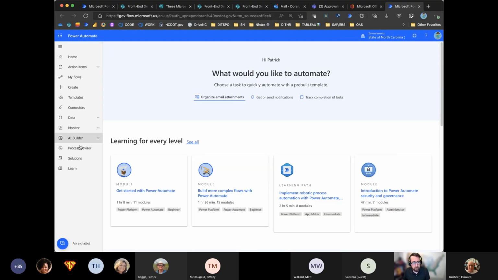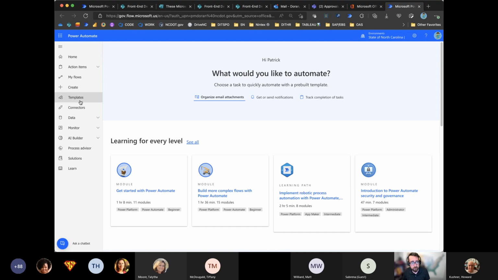Over here on the left side, this will be different depending on what your license is, but for the most part, you'll see your home button, a chance to approve things, all the flows that you've created, which we'll get to in a second. A whole bunch of other capabilities that are far above and beyond what we could talk about in 30 minutes. But it's one of the great things about Power Automate is that it's very accessible up front. You can jump in and be successful right away. But if you're working with the team of developers, there's also some pretty robust capabilities in there. And there's more there for sure.